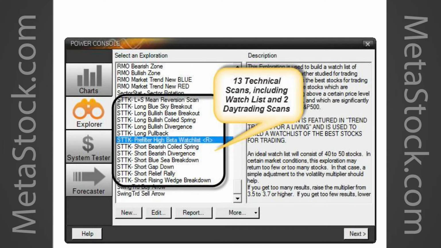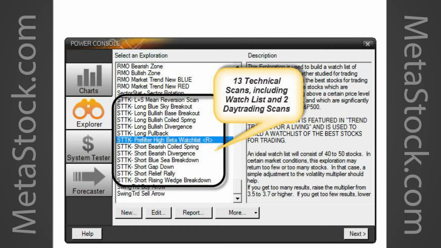Stoxx Trend Trading Toolkit looks like. Once you have it uploaded into your MetaStock, you're going to see 13 technical scans, which, correct me if I'm wrong, Jeff, but I think that makes it one of the largest, if not the largest, trading add-on package in MetaStock. And if you're familiar with my first book, Trend Trading for a Living, you will find all of the systems